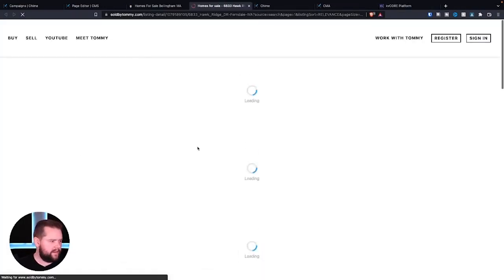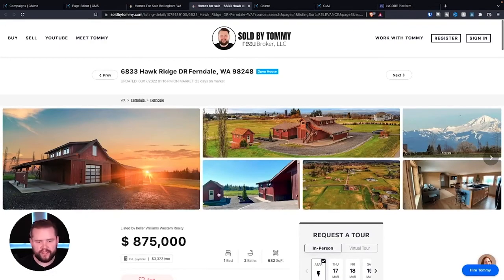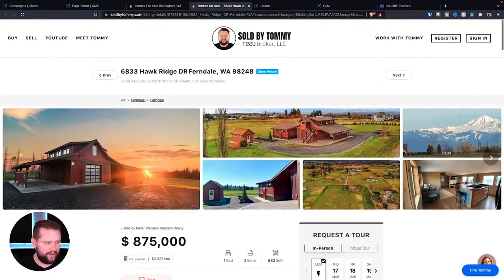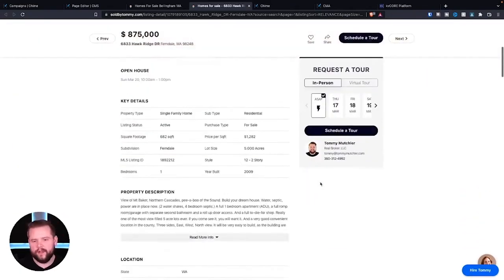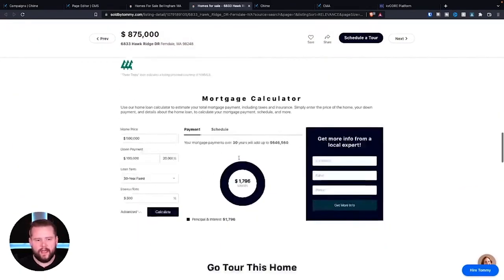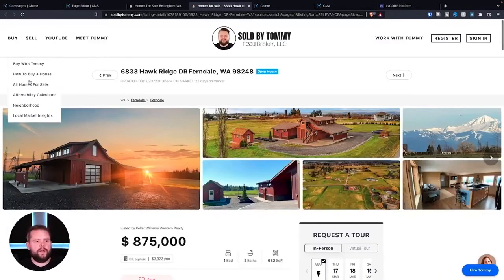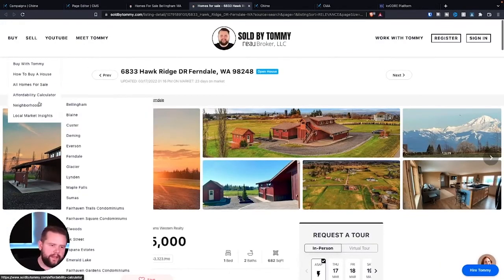Let's go ahead and click on one of these listings though. This is totally, you could change this however you want and do whatever you want. I like this. If you have a virtual tour, like a 3D tour, it'll go right here by default. So you got like Matterport or something. All of this is interchangeable. You could do whatever you want when it comes to this stuff. Of course, you got affordability calculators. You got different neighborhoods. So if I were to pull up a different neighborhood,